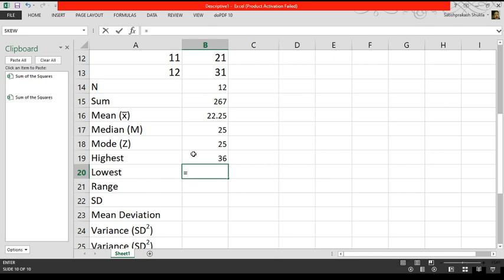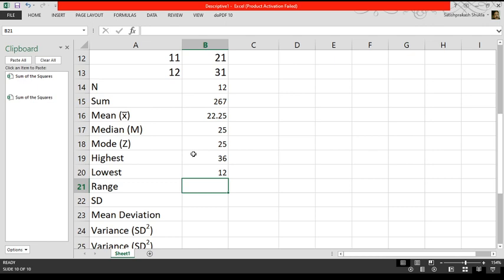Now to find the value of the lowest score, we write here =MIN. MIN stands for minimum, and in bracket we write B2 to B13, and then we close the bracket and press enter and get the value of the lowest score. Here it is 12.